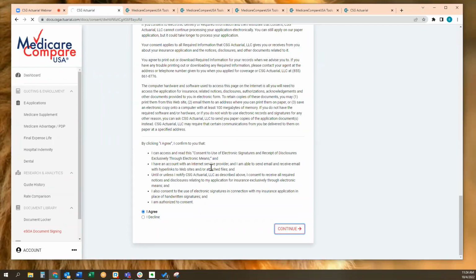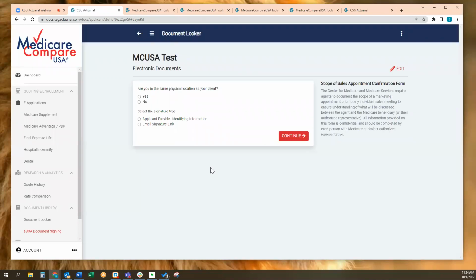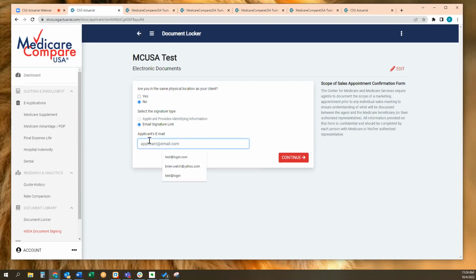You can do this two ways. You can either do it in person. So if you're in the same physical location as your client, you can click yes and go ahead and do the signature right here on the screen with the applicant. Or you can say no, and I'm going to email the signature